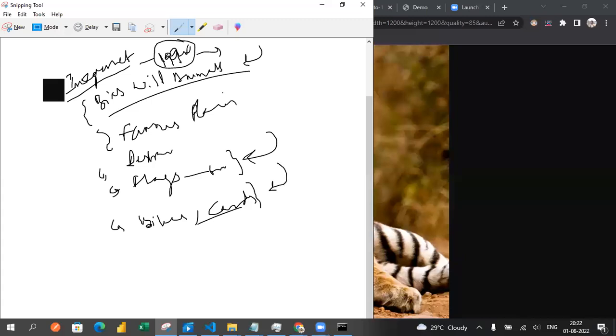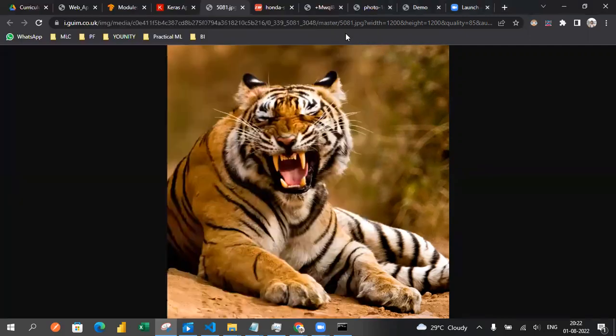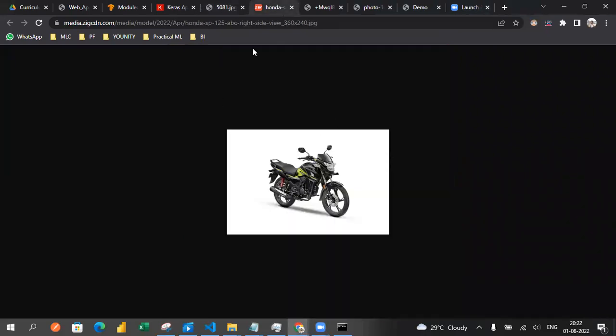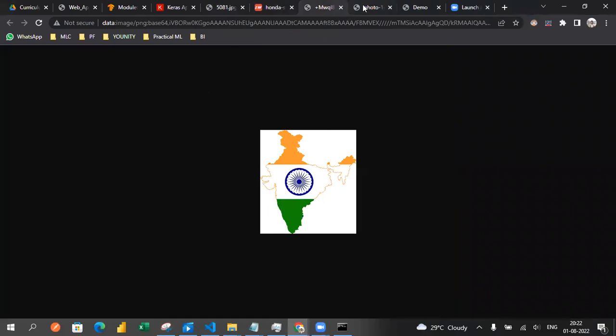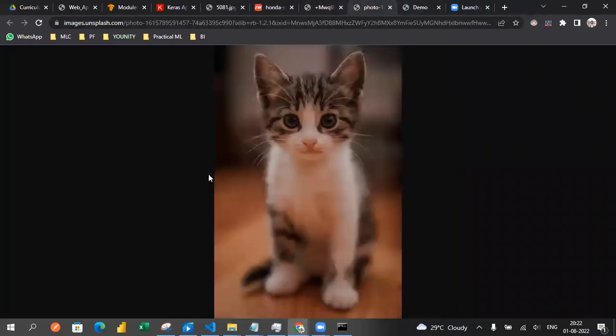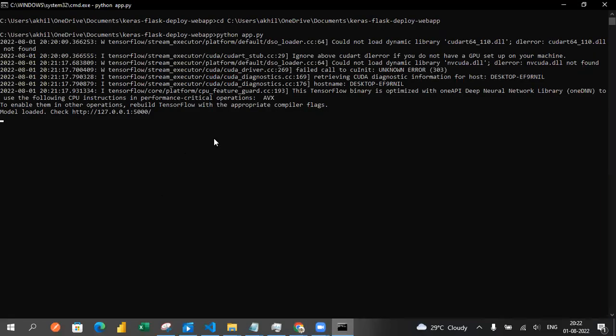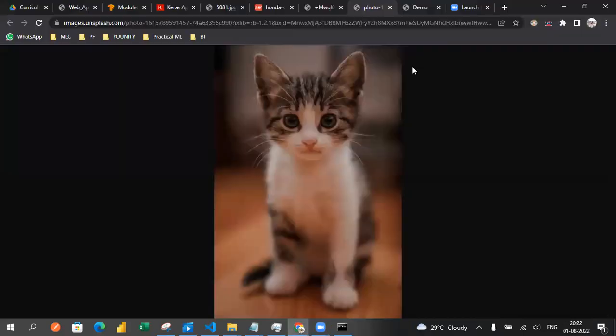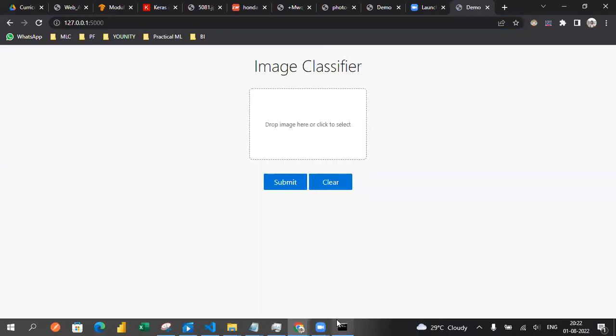We are not sure about that, so we need to try to understand with respect to the Flask application. So I have an image to test a tiger. I have an image to test a bike. I have an image to test a flag, and also a cat, something like this, so that we can try to understand how it goes. Yeah, let's go to this HTTP link. I'm trying to open it again. We will also see the logs in the command prompt. Okay, you will get the command prompt by using the control plus